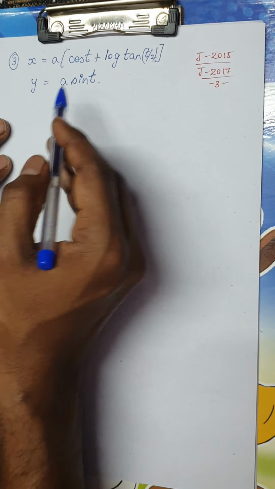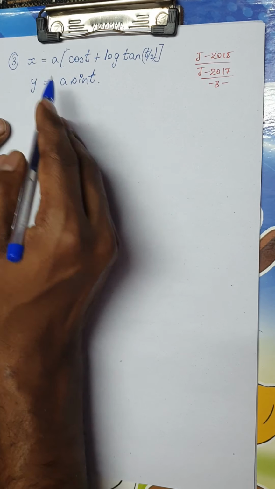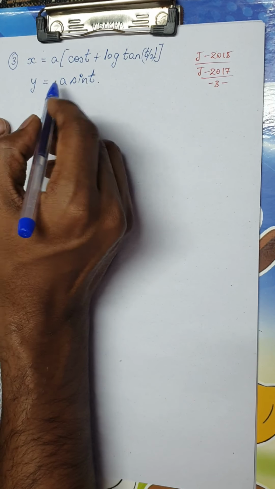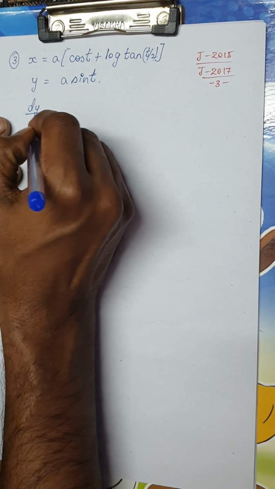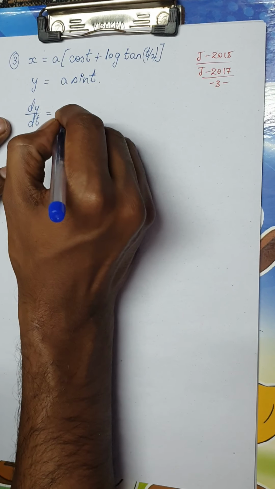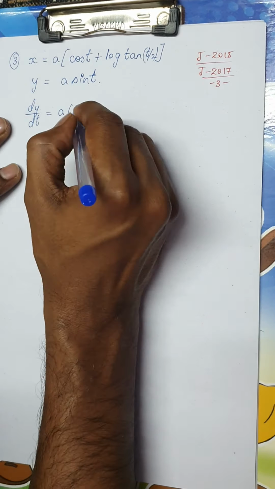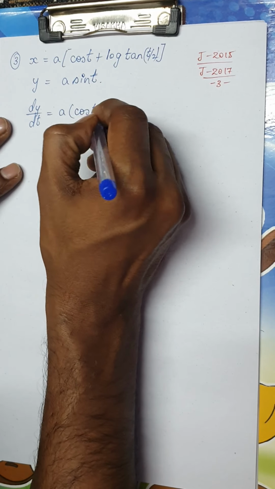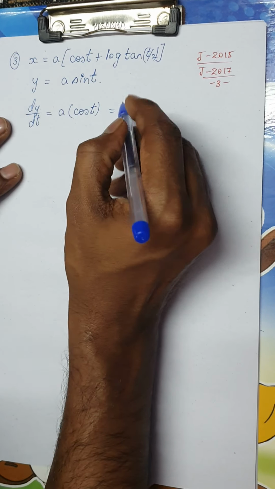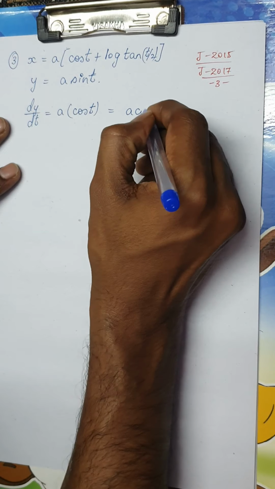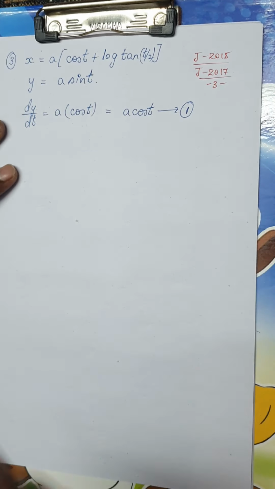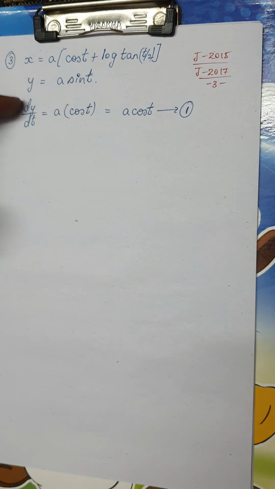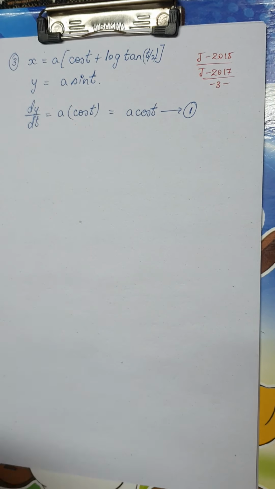Now because the parameter here is t, remember, y is a very simple question. Let me first find dy by dt. So a is a constant, keep it outside. What is the derivative of sine? We know the derivative of sine is nothing but plus cos. So I get a cos t. So I got 1 mark. If they give you this question, first go for dy by dt because you can easily get 1 mark here.